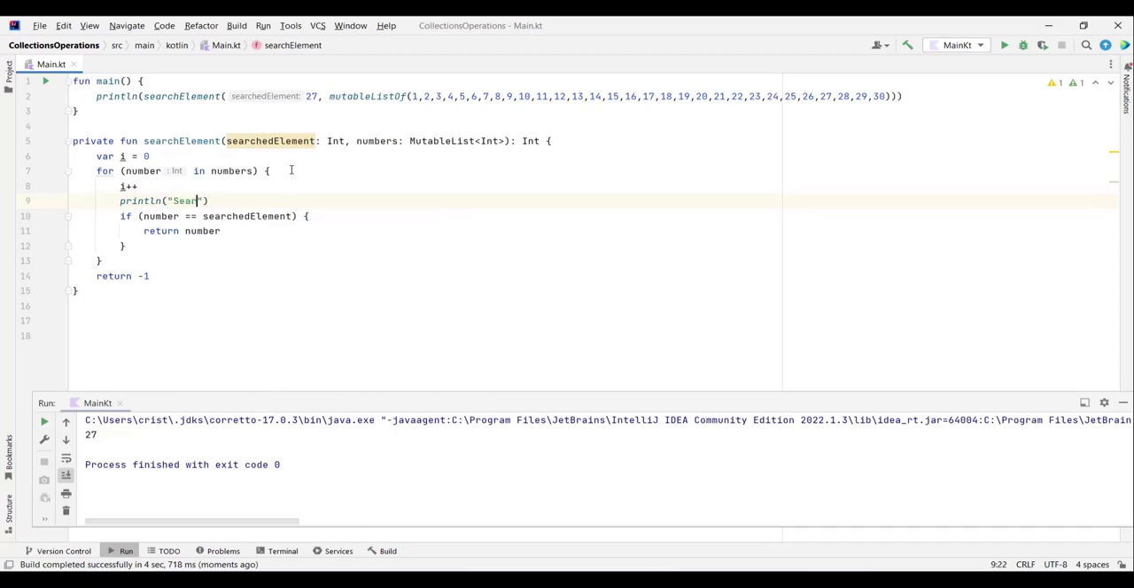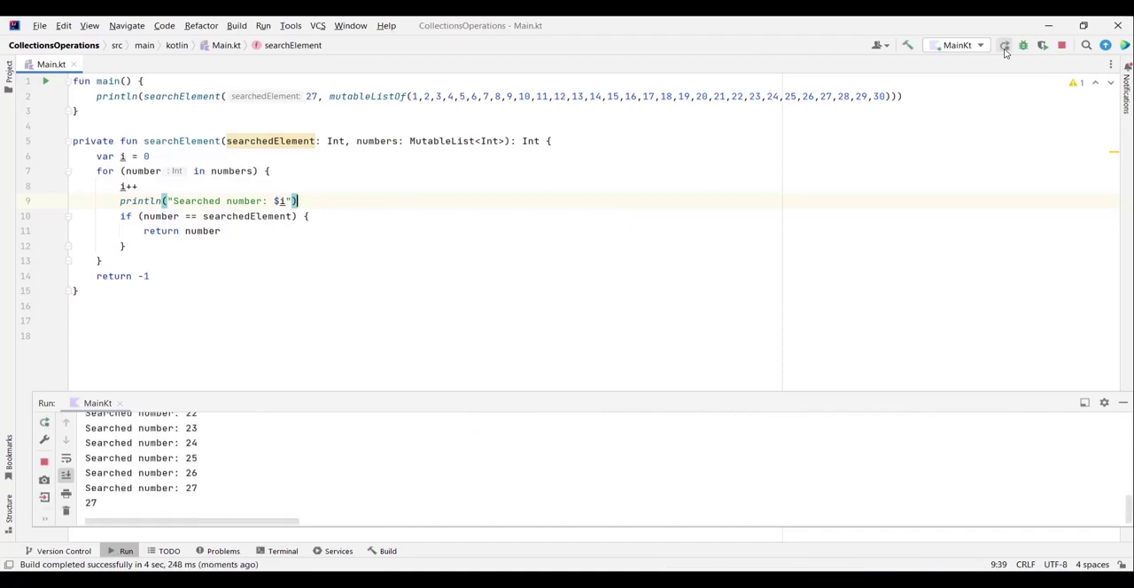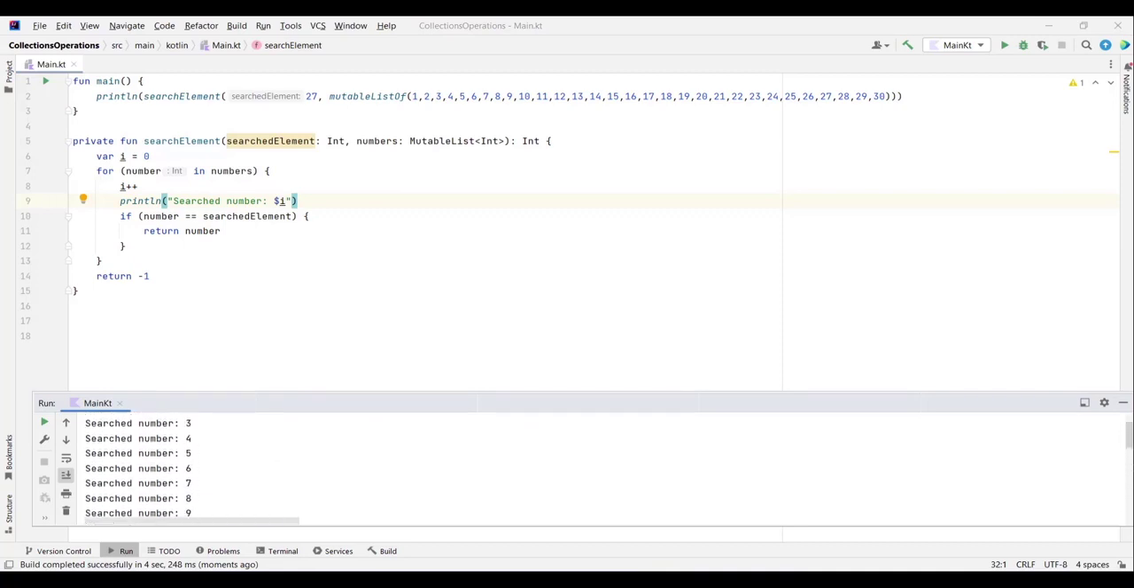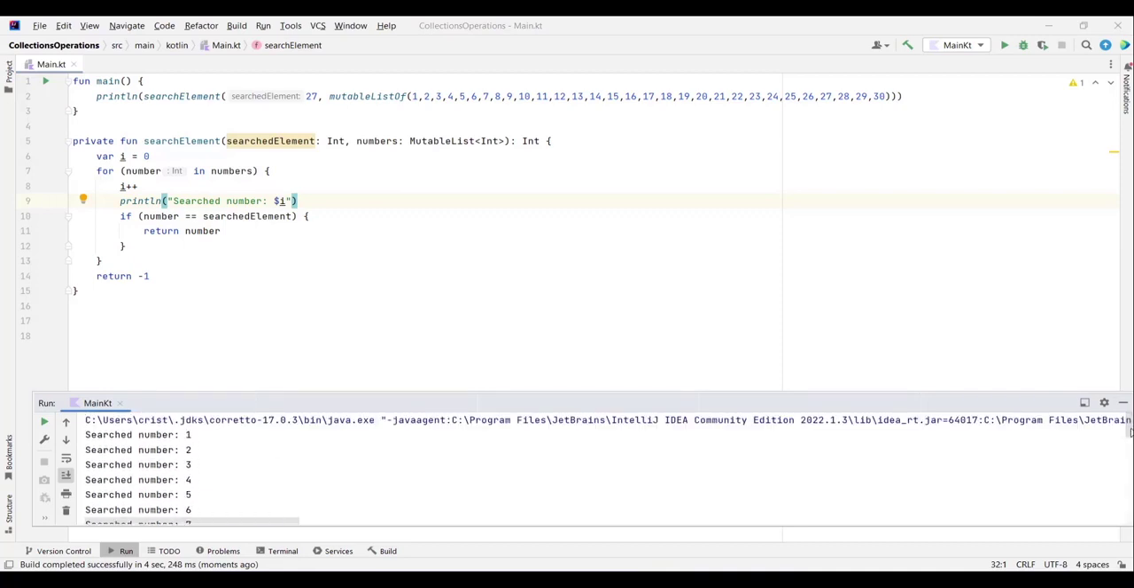and I'm gonna add a println here, and it's gonna say search number colon $i. So now if you run this, you're gonna see how many iterations it took to find our element. And if you look at the console, as you can see, it took 27